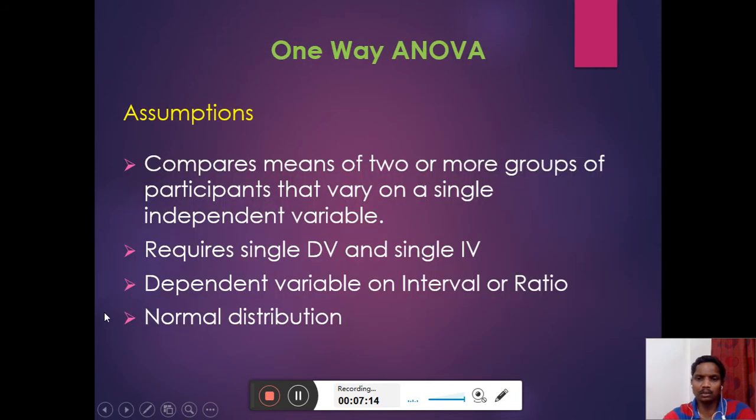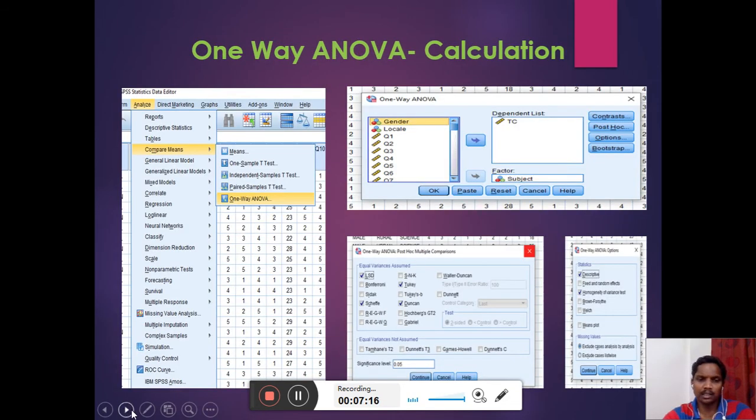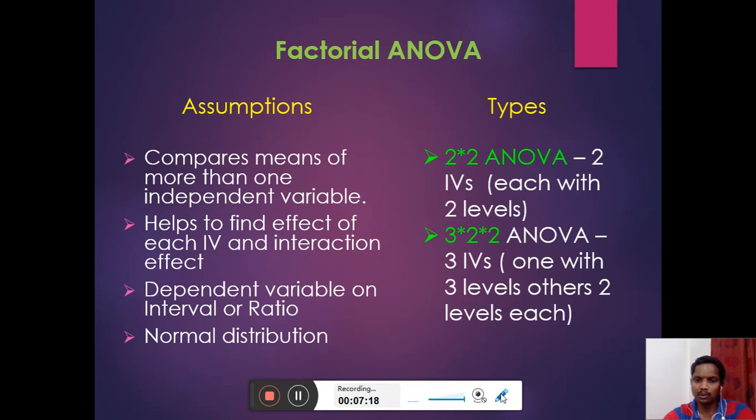In that case, that will be the two-way ANOVA, 2 by 2 ANOVA. In 3 by 2 ANOVA we have two independent variables, one with three levels, and the other with only two levels. So this is how factorial ANOVA is done.